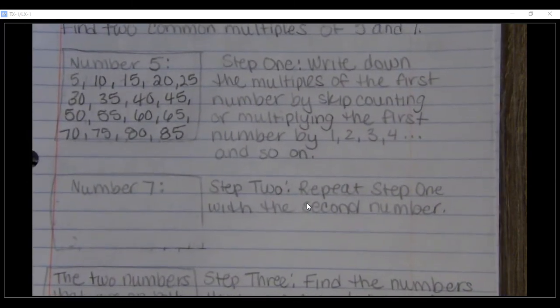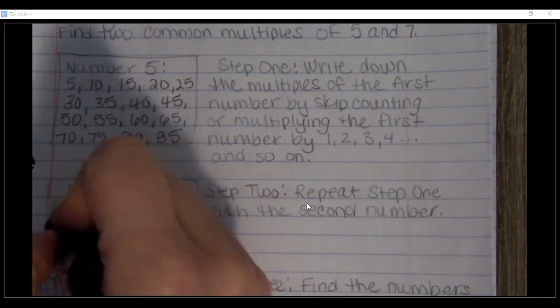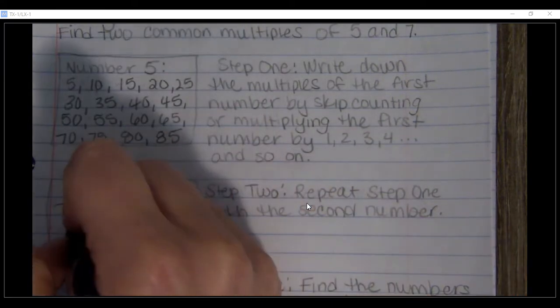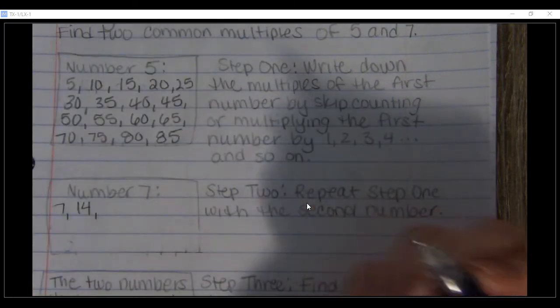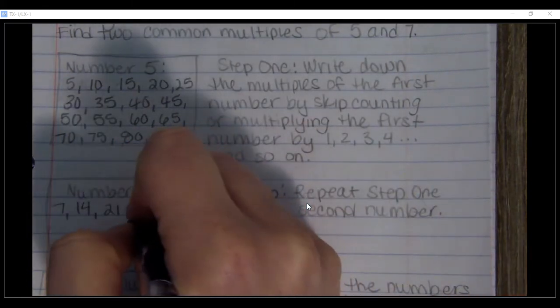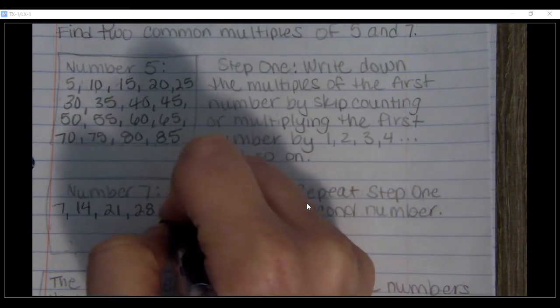Now the next number that we have to do is 7. So our step 2 says repeat step 1 with the second number. And as we said, our second number is 7. So 7s are not very easy for me to count by. So what I'm going to do is multiply. I know that 7 times 1 is 7. I know that 7 times 2 is 14. 7 times 3 is 21. 7 times 4 is 28. 7 times 5,